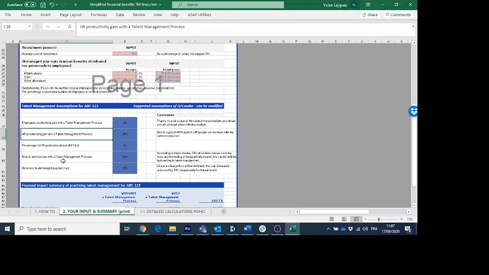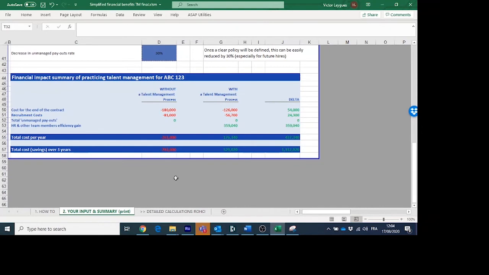So when you look at this summary table on the bottom of the spreadsheet, you can see here, for instance, recruitment costs, this line. In this first column, that's the cost you would have without the talent management approach in your organization. So 81,000 euros. And if you run talent management, only 56,000. So the last column is the difference between the two situations, and in this case, for recruitment costs, it's a gain of